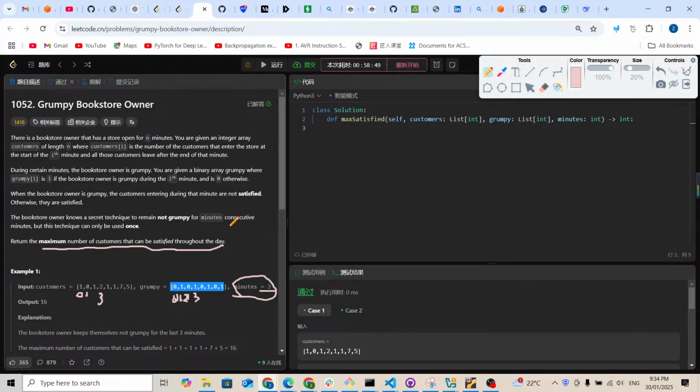So let's check what the meaning of minutes is. The bookstore owner knows a secret technique to remain not grumpy for minutes consecutive minutes. So this means for a fixed window size of 3, the owner can control himself, so the owner will not be angry. For example, 1, 7, 5, during this time he is not angry. And this is a 1, and this is another 1. This means 1 plus 5. We can still increase by 6 customers,